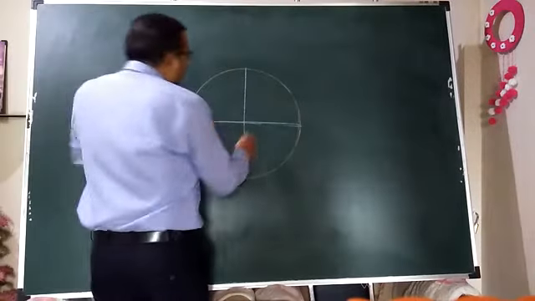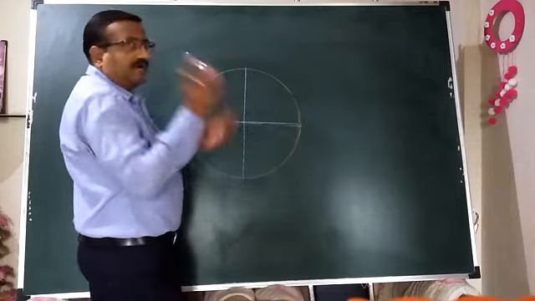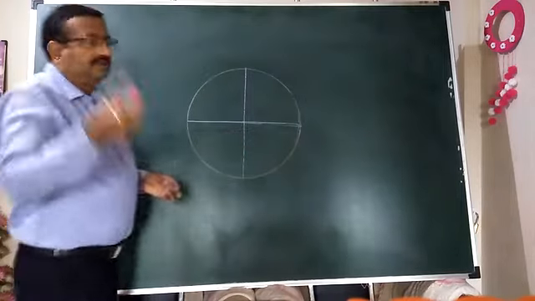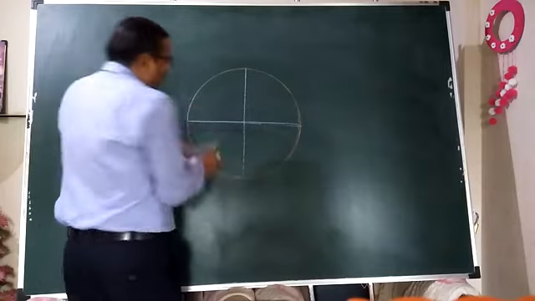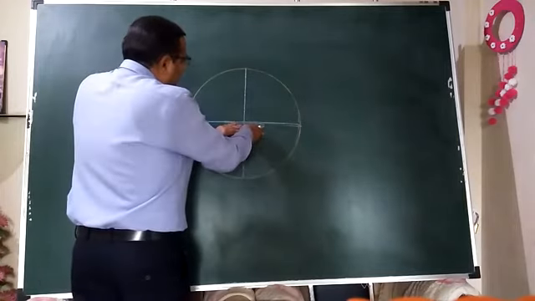How to get it, I will tell you. Just see, the horizontal diameter line is here. Now this roll and draw is your best friend. It will help you a lot. What do you have to do now? Just coincide this edge with this horizontal diameter line here, in this way.